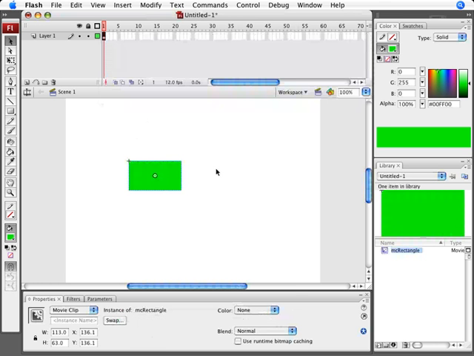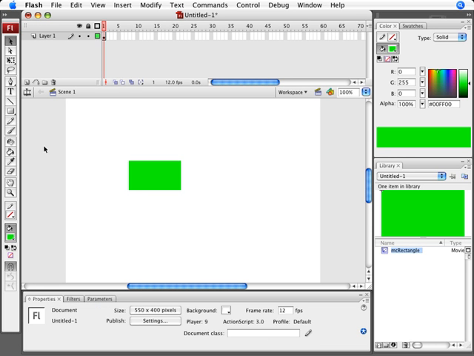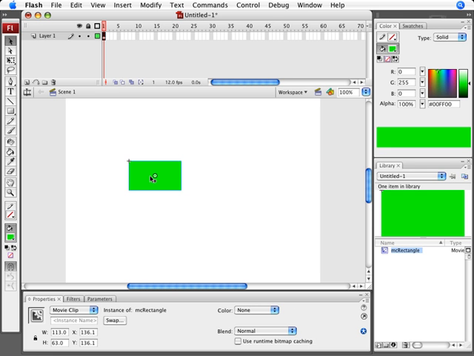So now you have a movie clip on the stage. Now let's just deselect that by clicking in this gray area to the left of the stage. And there should no longer be a blue rectangle around your square or your rectangle. And then click your rectangle again, and then look in the Properties Inspector. That's at the bottom of the screen. So it should say movie clip and it should have these open brackets and say instance name. It's kind of gray in that area. If you click in that area, you can give it an instance name. So I am going to give this an instance name of